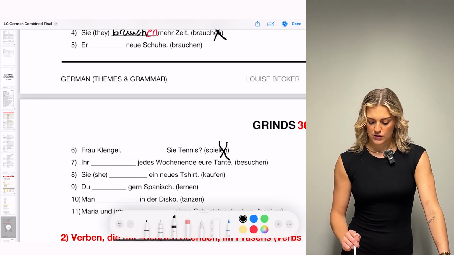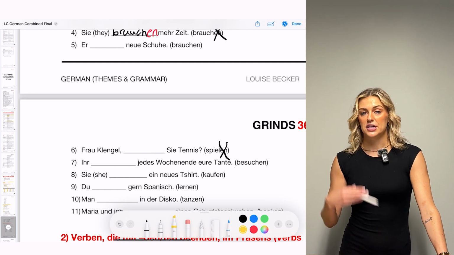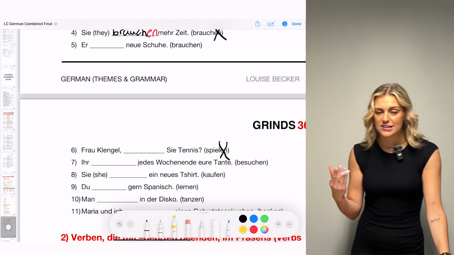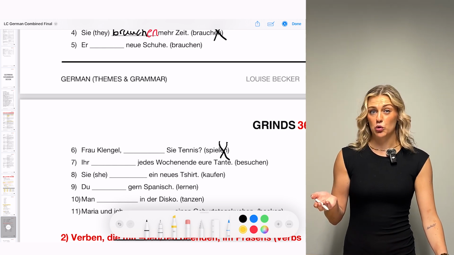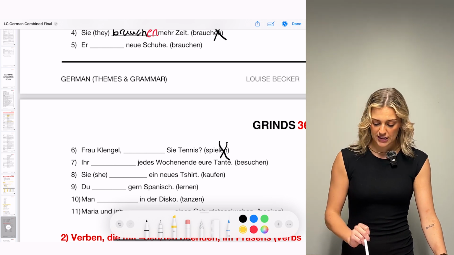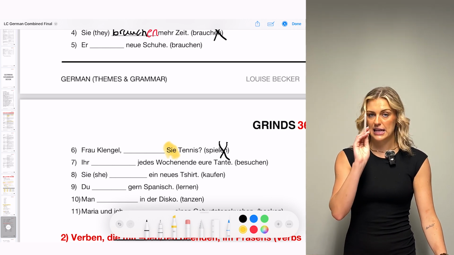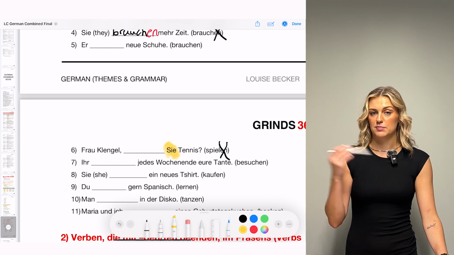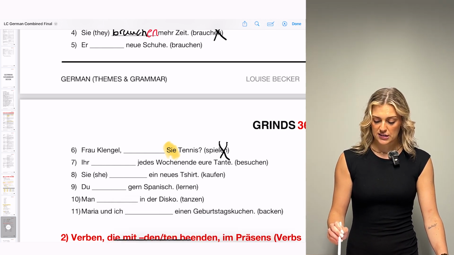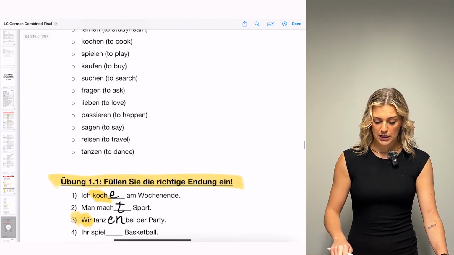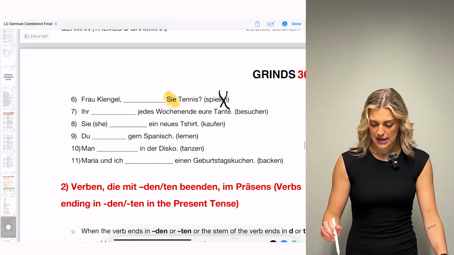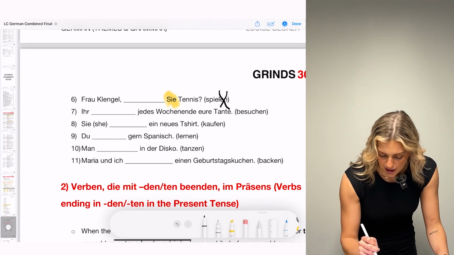Now, Frau Klengel already kind of simplifies the kind of the person that this is. Frau Klengel, Mrs. Klengel. Would you address someone that you know as Mrs.? No, you wouldn't. So this already suggests that it's a formal situation, but what gives it away is my Sie with a capital S, okay? Sie with a capital S is my formal you, okay? So my ending for my you formal is, if we go back up here, en. Okay, so I will add on en to the end of the verb, and I'm left with